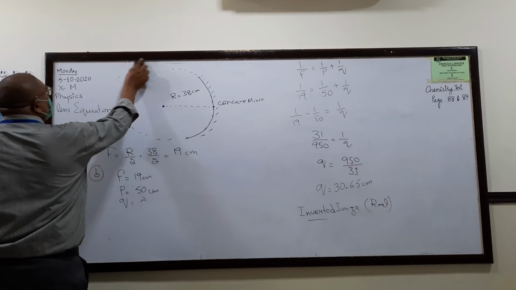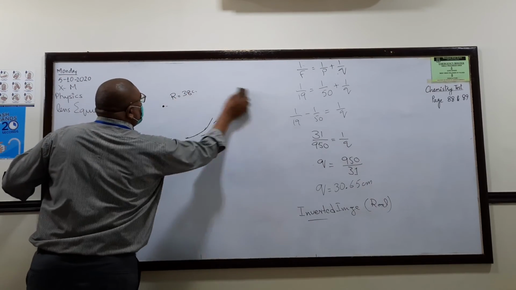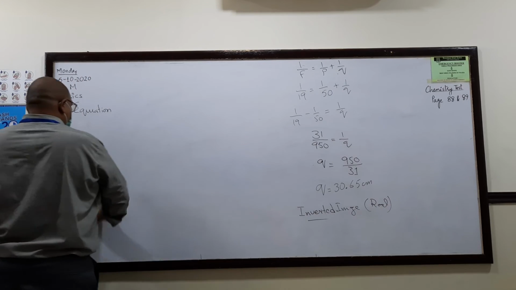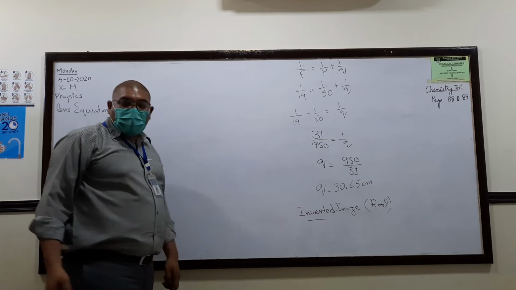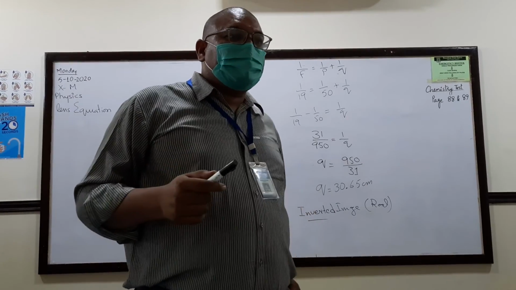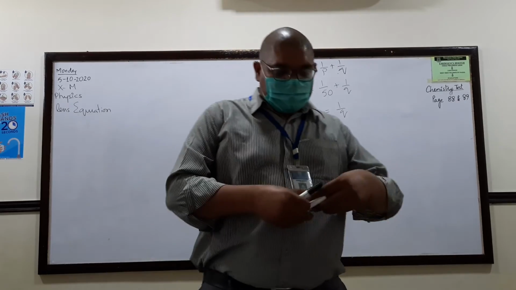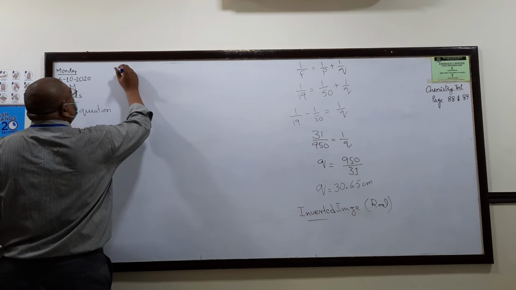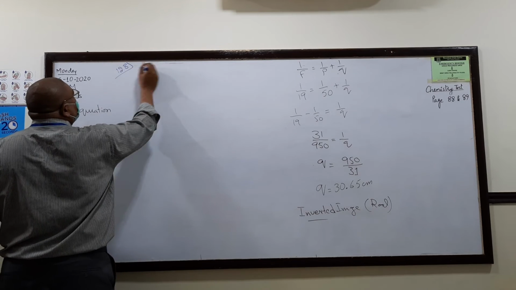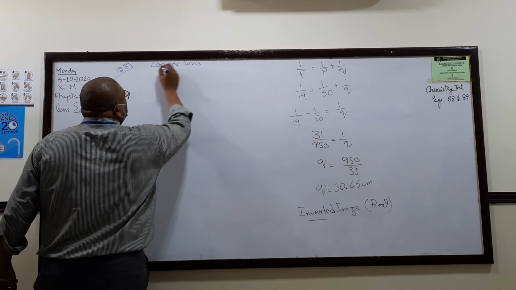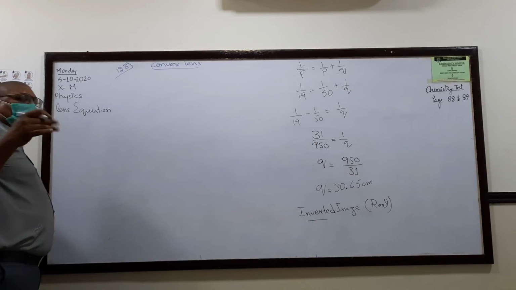An object 4 centimeter high is placed at a distance of 12 centimeter from a convex lens of focal length 8 centimeter. So now the data which you have is about a lens. And which lens? They are saying convex lens. This is 12.8 and they are talking about a convex lens. Now no more mirror. Now they are talking about lens. So kindly read it again.